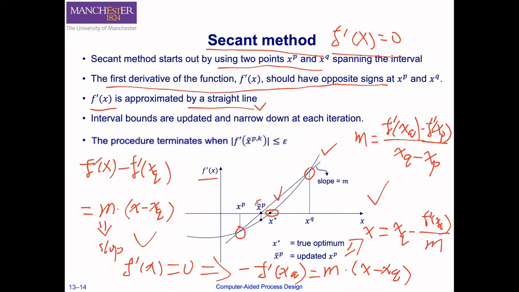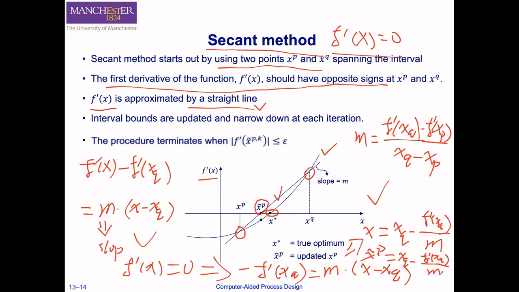In this graph, we use the symbol x tilde p to denote the x-intercept. Then we have x tilde p is equal to xq minus f prime xq divided by m. In the secant method, this x tilde p is considered as an approximation to the root x